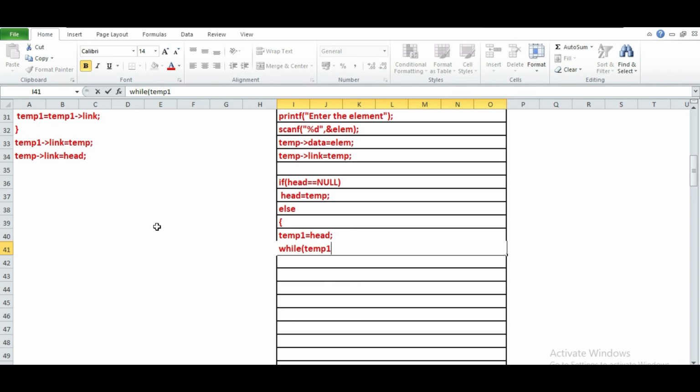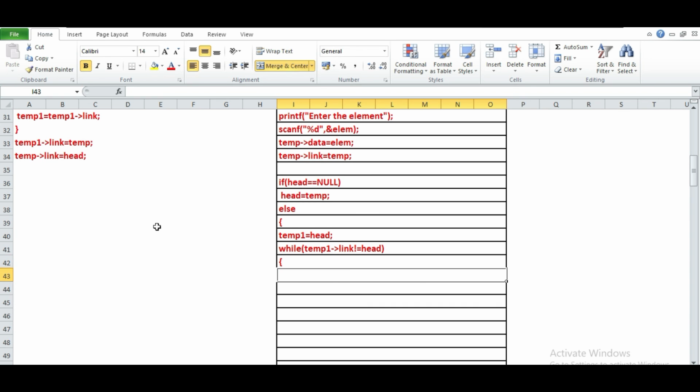So while temp1's link not equal to head. So once we have done this, we have to update our temp1. So temp1 equals temp1's link. So I have to write here temp1, because I had written temp earlier.